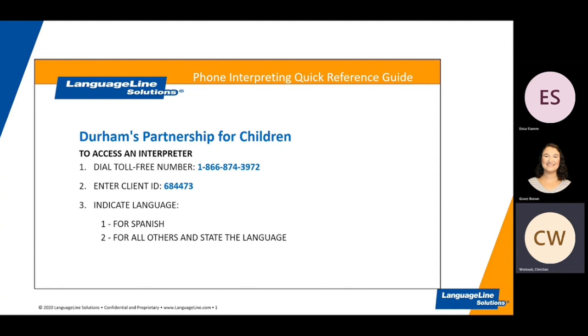So now you're going to jump over to line 2. And you'll dial out the number you see on the screen there, the 1866 number. In just a few seconds, our IVR system will come on. The first prompt will indicate you should dial your client ID. That's where you'll enter